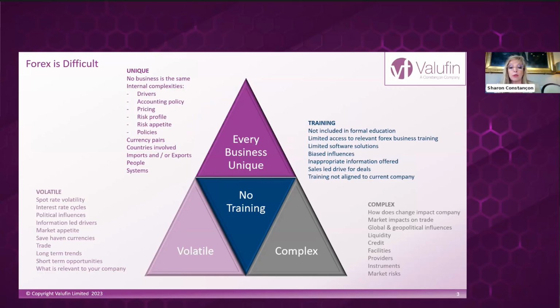You can never beat the market. You can never be 100% right all the time. But what we can do is, on average, make better decisions than we might otherwise have made if we'd followed some form of strict policy. And this is often one of the problems that we have in the market.